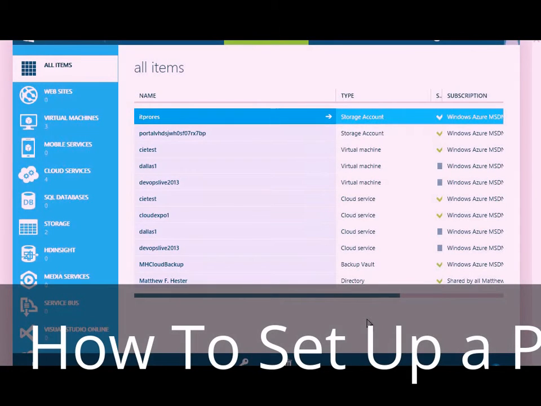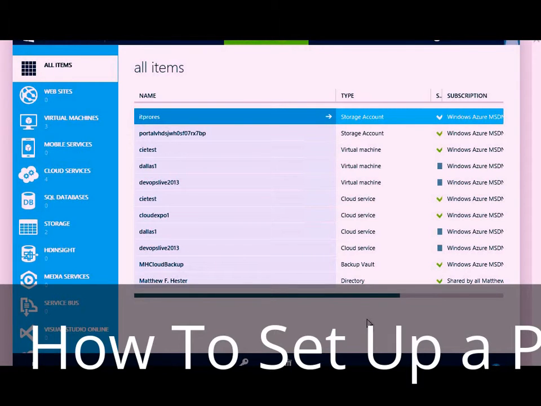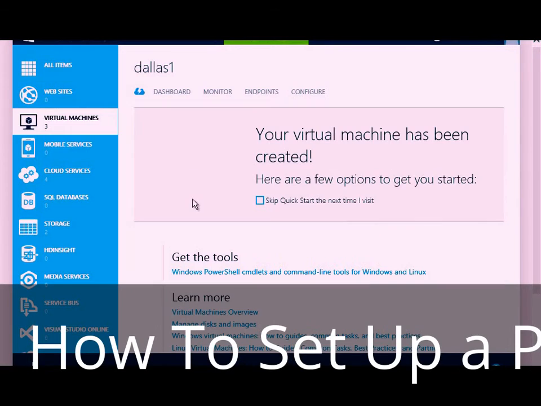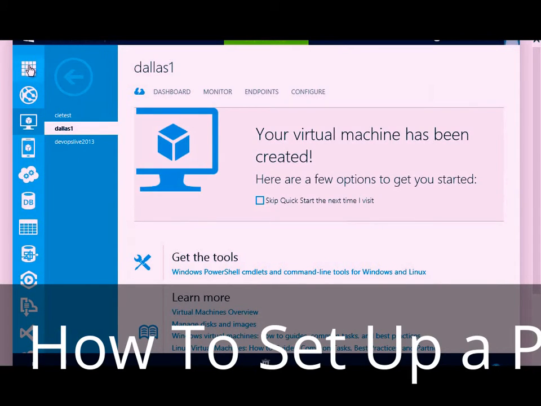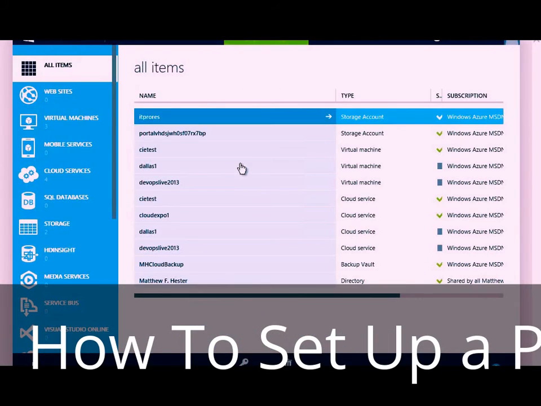Well, let's take a look at my demo environment here. Currently I'm logged into my Azure portal, and I'm just on All Items, so I see everything that's currently inside my portal, from some virtual machines, like I have with Dallas One, to my different cloud environments. And notice if I click on Dallas One, it takes me there. I have my backup vault, which we'll take a look at in just a moment. But one thing that I don't have